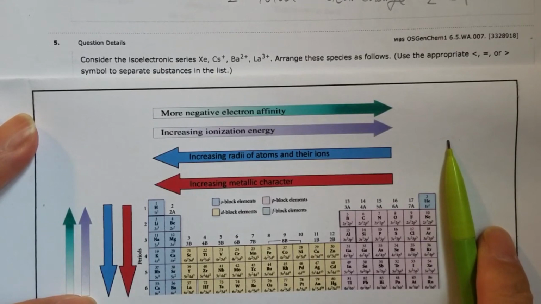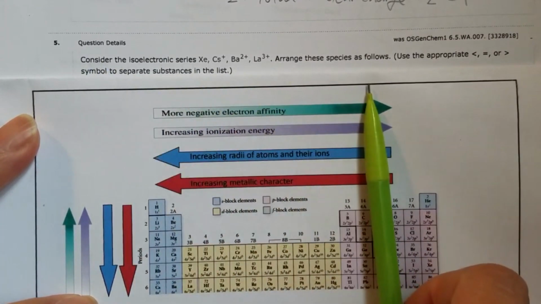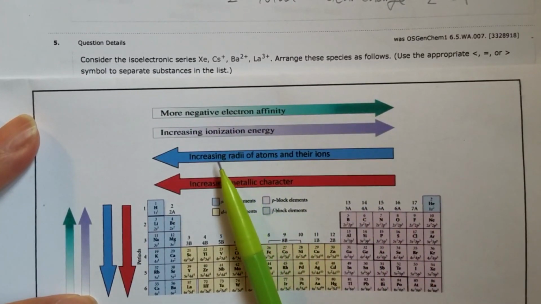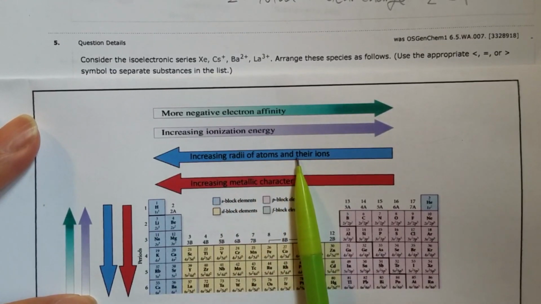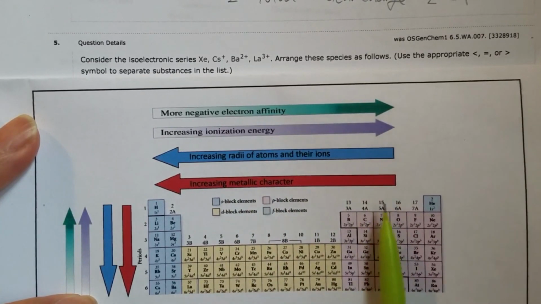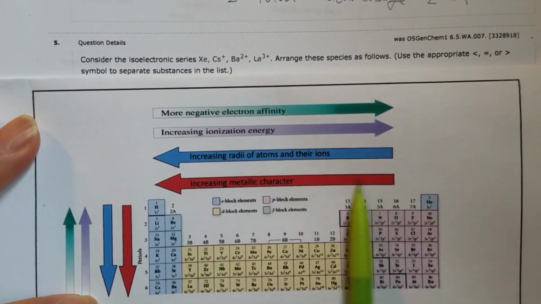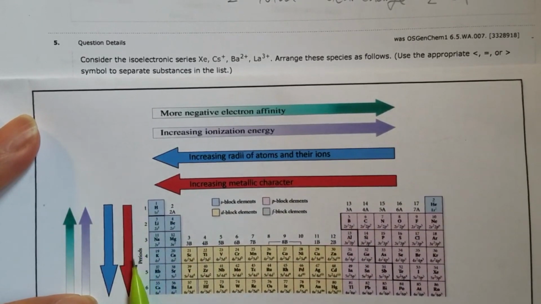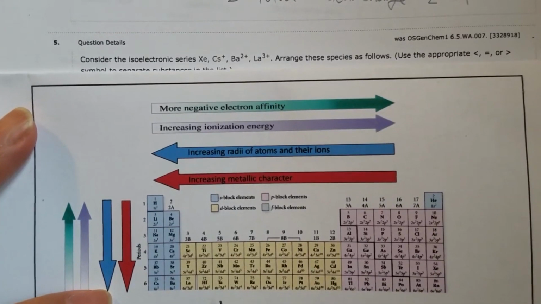So anyway, let's concentrate on question number 5. So we are talking about the size of atoms as well as the ions. All right. So therefore, once you get a periodic table, you know the size increases from left to right and also increases from top to down to bottom. Okay. So let's identify the